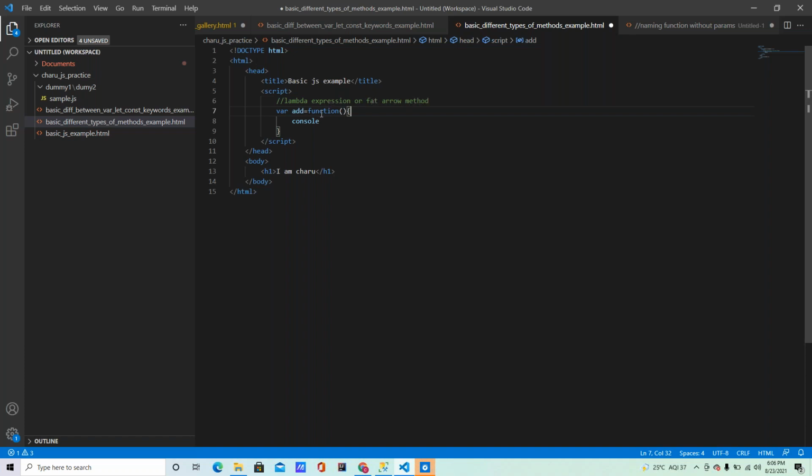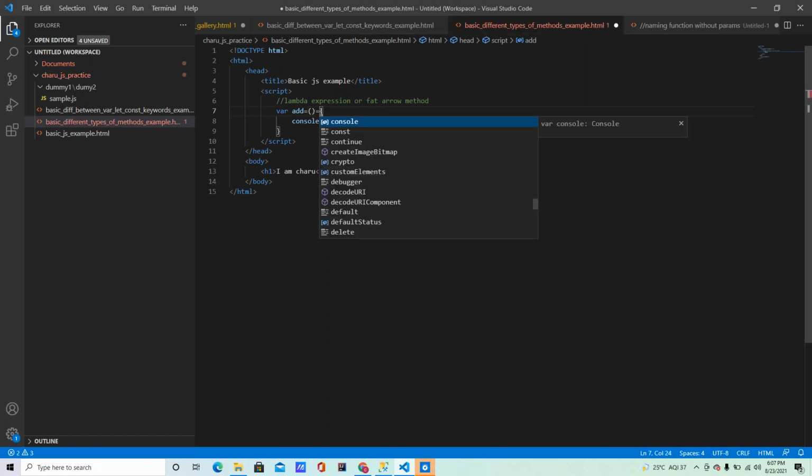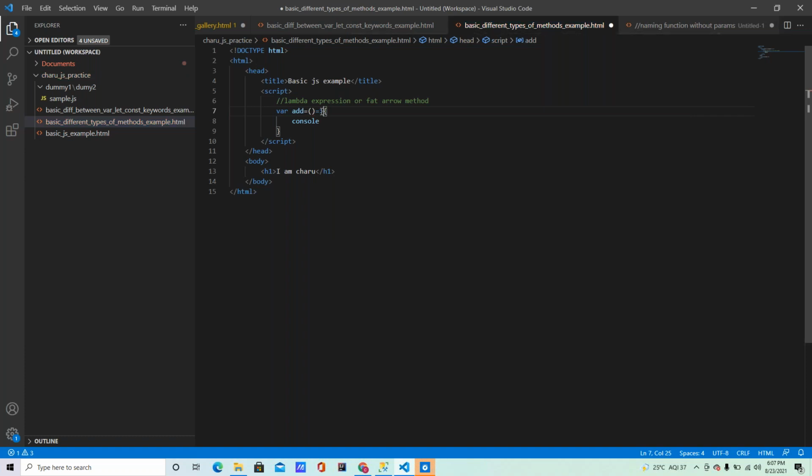Why? Because it doesn't contain the function keyword, only parenthesis, but before the curly brace we should have an equal to greater than symbol. Understand it, everybody? Between the parenthesis and the curly braces, we need to write equal to greater than. That's it. Now write console.log there.